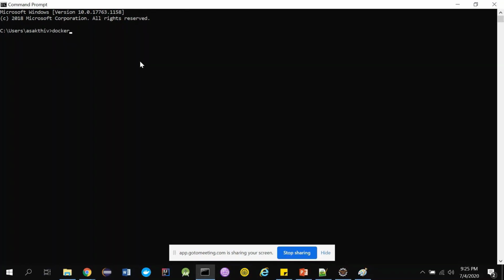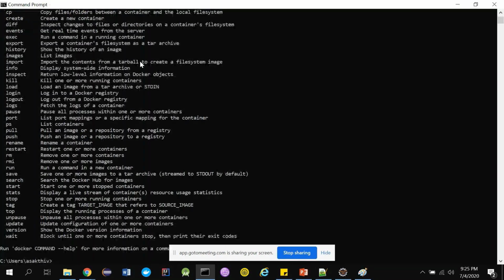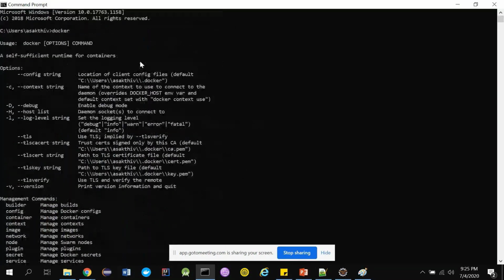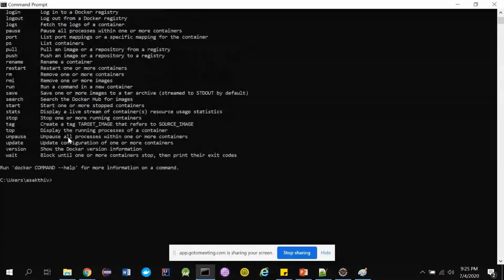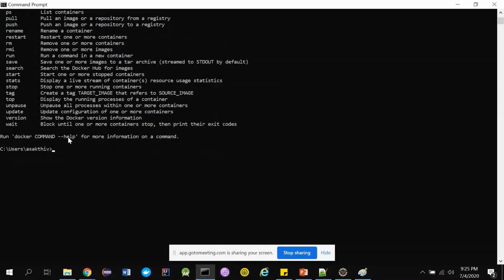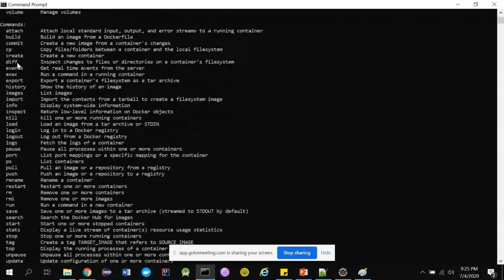So suppose you want to verify whether you have installed Docker successfully before going into that. You can type docker, and you'll get a response back. It's telling there are different commands here. It means Docker is already installed in your machine. All the Docker commands will start with docker, and these are all the different commands, so you can go through them.